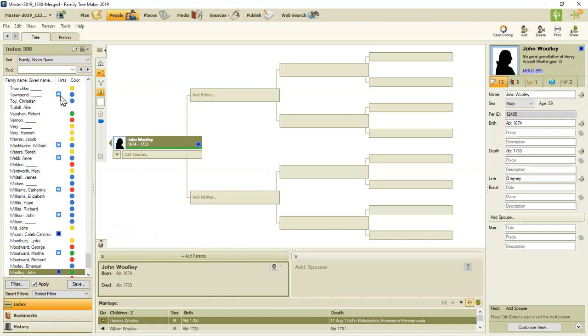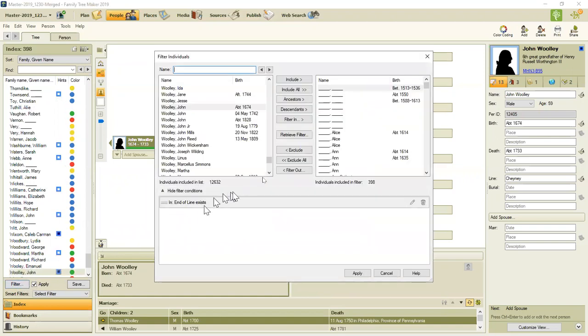And there are still some blue boxes. I have not made the connection or made the match, but there's a number of them that have the blue box which says historical records. Now I'm going to go back to the filter feature because I want to filter out